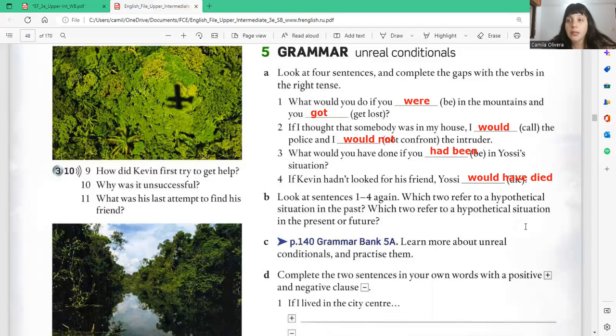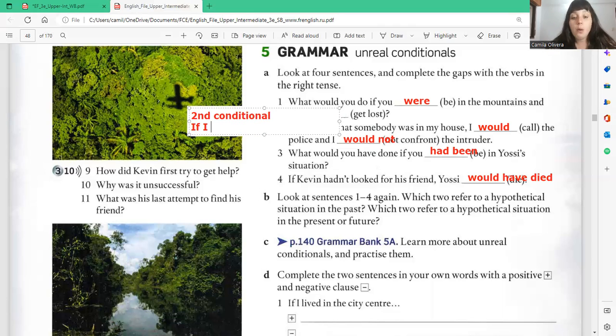These are two unreal conditionals. The first two sentences are made by a would clause and a past simple clause. They are the second conditional, which presents an unreal situation, an imaginary situation, a hypothetical situation in the present. If I won the lottery, I would buy a house on the beach. We are talking about something that is imaginary, that is not real, that is hypothetical, and we are talking about